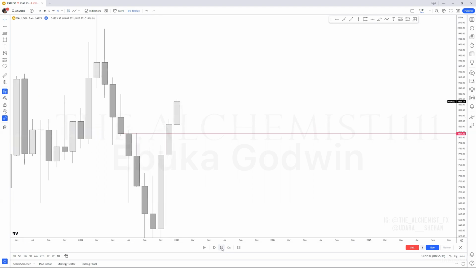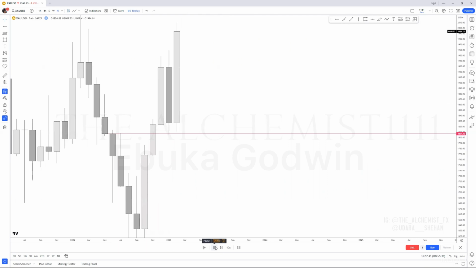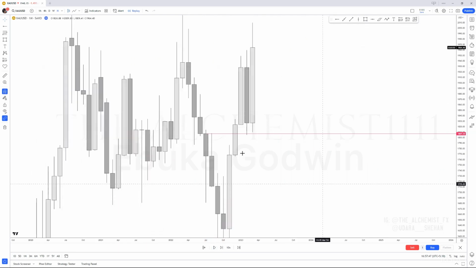So let's see. Oh, I'll have to play 30 candles, I think. Let's see. No. There it comes. Can you see that? Why did I tell you these types of zones are good zones? Because once it was used as a resistance, it's broken, then it got used as a support, low of the month.